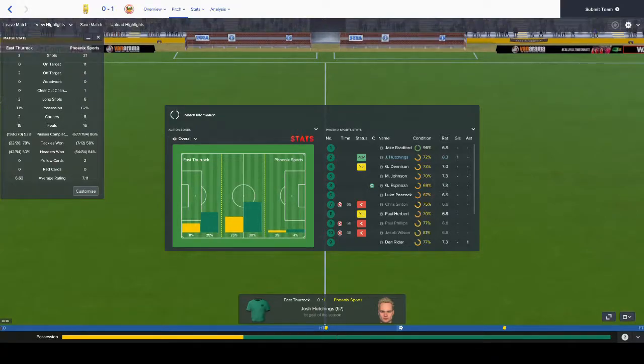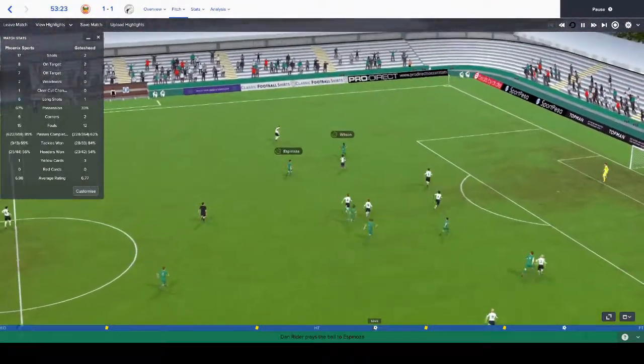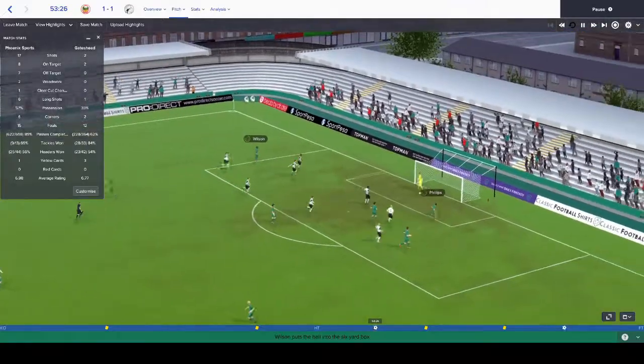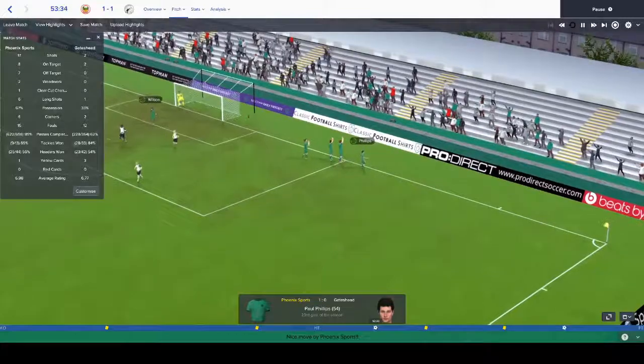And he gives us a lead, and that actually ends up being the winning goal away at East Thurrock. What a dream start for the young man. And then Sinton has it. He finds Ryder. Espinosa. Wilson has a bit of space here. Can he cut it all across? Of course he can. And there is Paul Phillips to tap home his 23rd of the season, and we lead